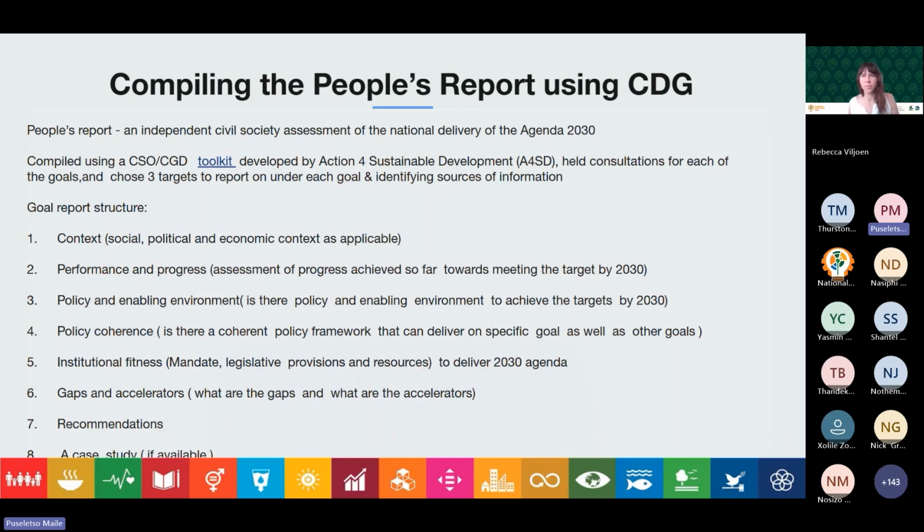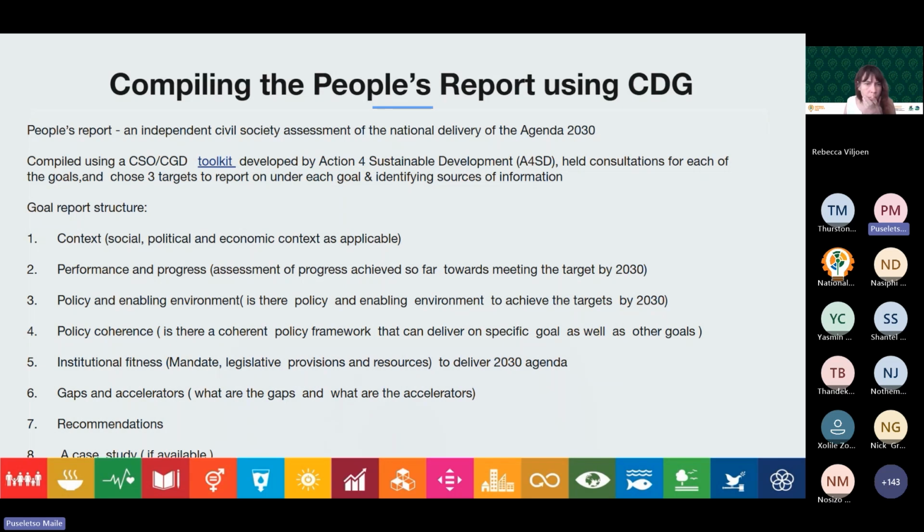So in terms of the report structure that civil society produced, some of the things that were included was the context, looking at the social, the political and economic context of the goal, as well as an assessment of progress achieved so far towards meeting the targets in the selected goals. Then they also looked at whether there are policies and an enabling environment to achieve the targets by 2030,